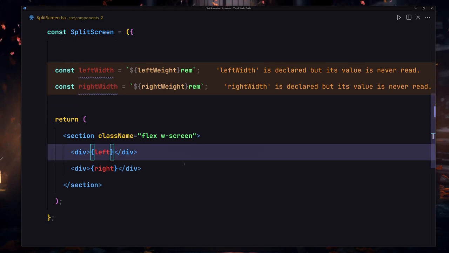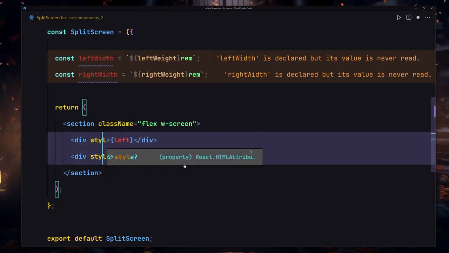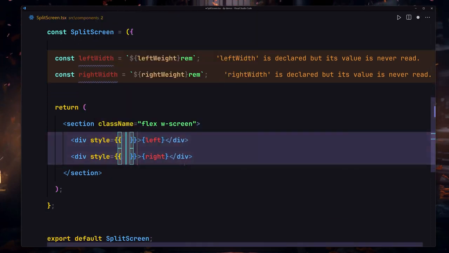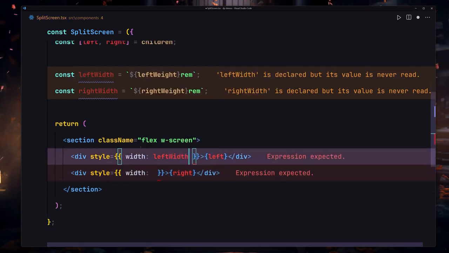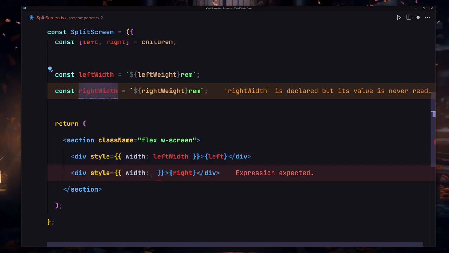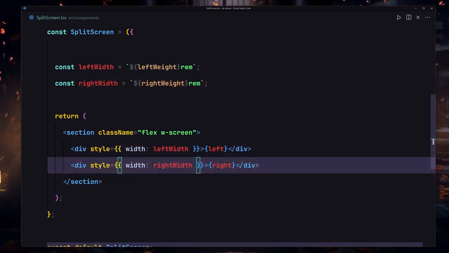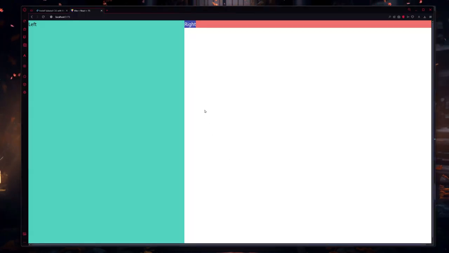So this is how we are going to be using this. I'll just write a style, and here for this styling we are going to be passing first of all the width, and for each width first of all we are going to be copying this leftWidth. Now let me place it there, then I'm going to copy the rightWidth, and I'm going to also place it right here. Save my file, and yep, this is something which we are getting right now,